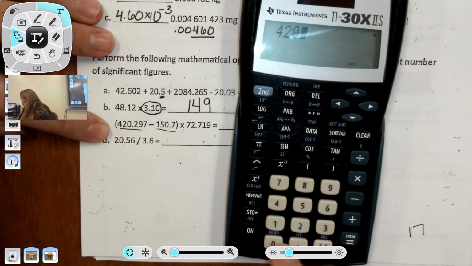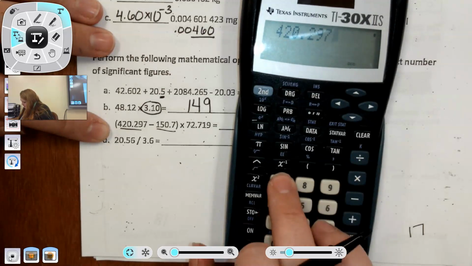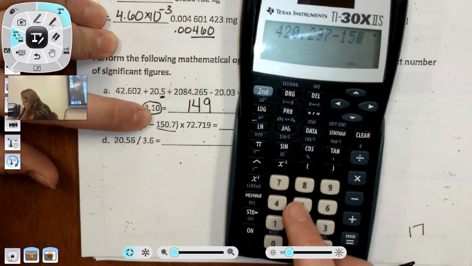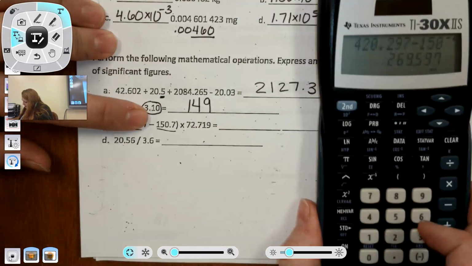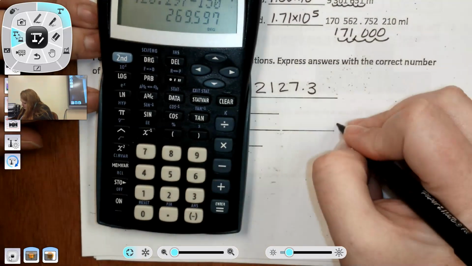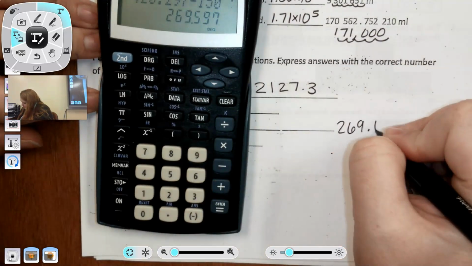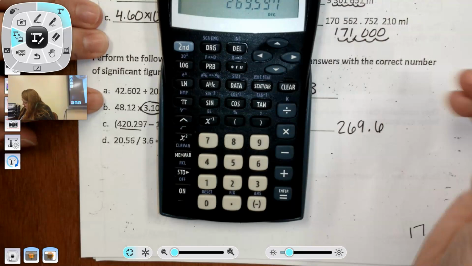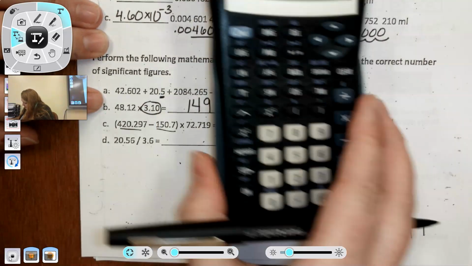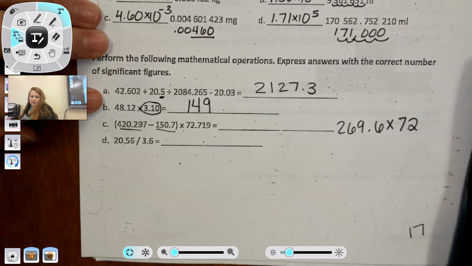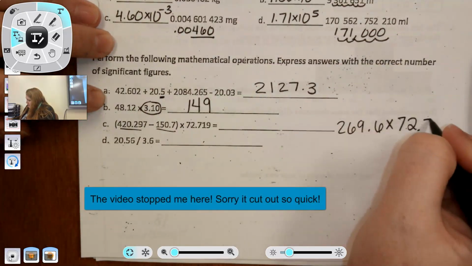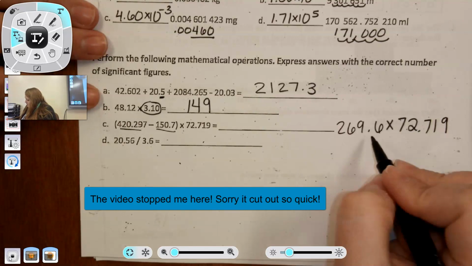So 420.297 minus 150.7 is, let's rewrite this, 269.6, and then we're going to multiply by 72.719. So my overall